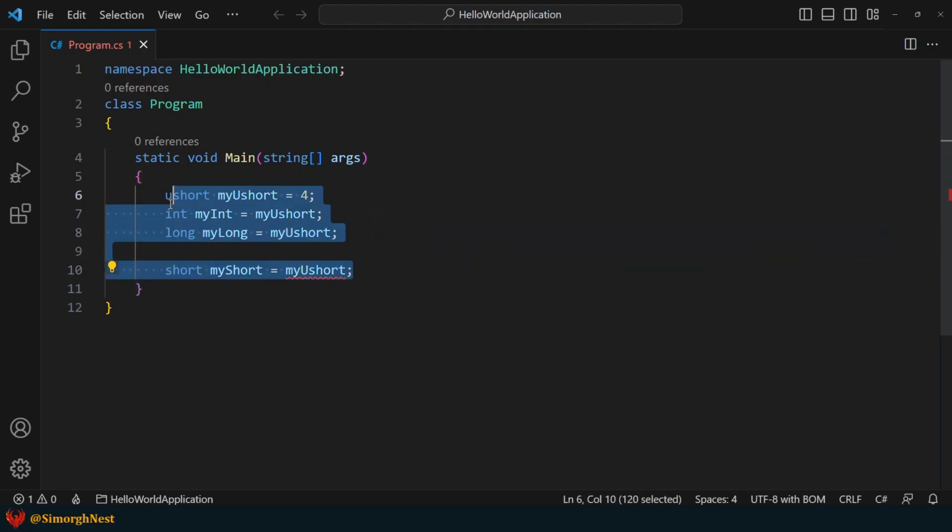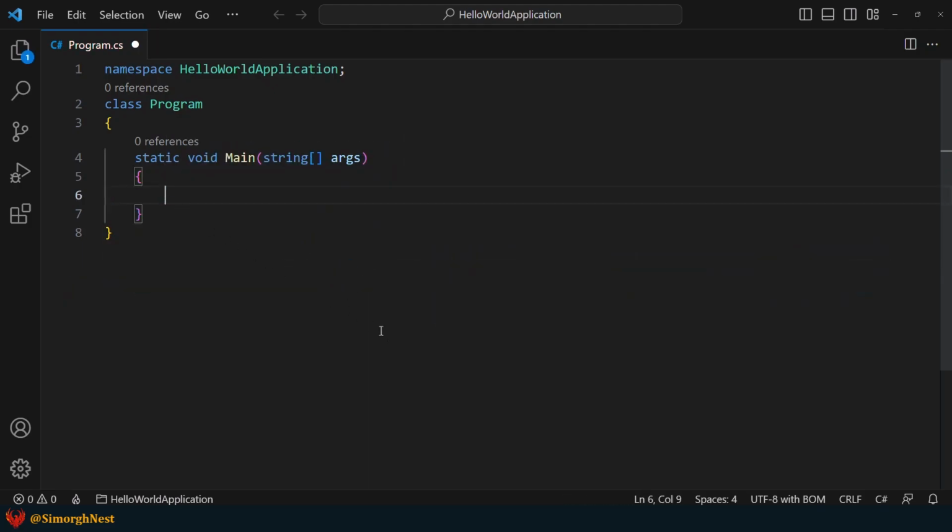Now, let's ask you a question. Suppose we have an int variable. Can you guess what type this variable can be converted to? Okay, let's see.